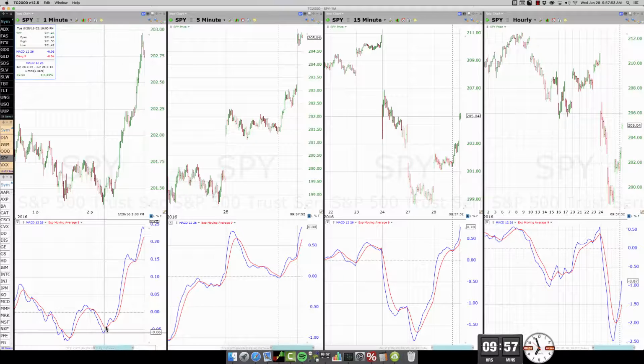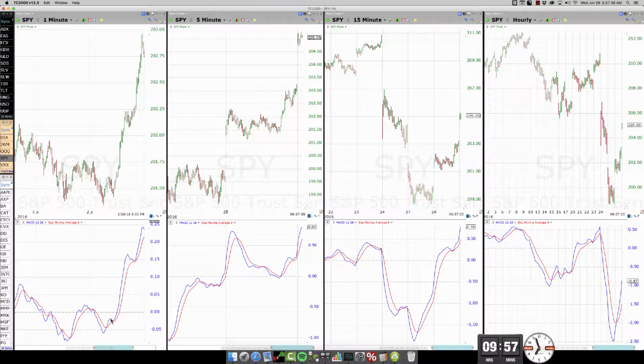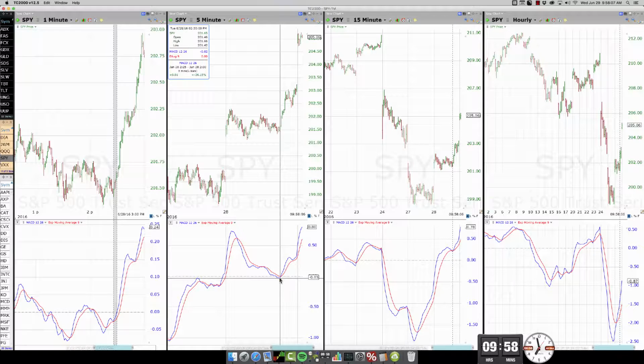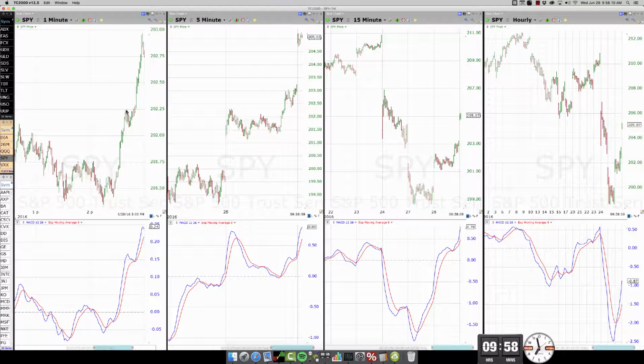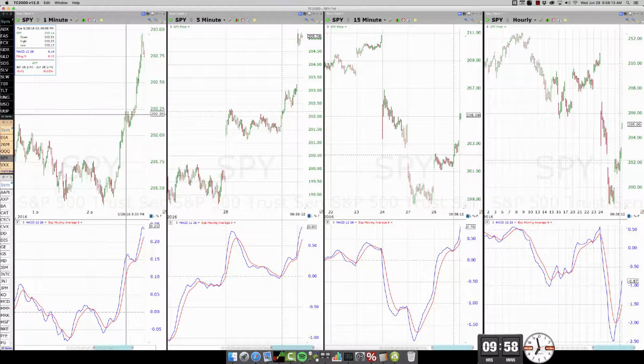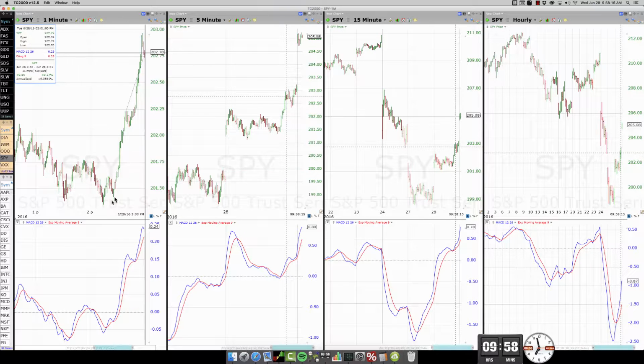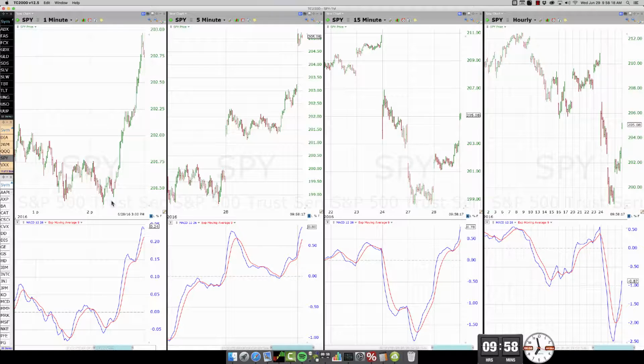And so it starts here, it's interrupted by a smallish little pullback that picks up the 5 minute. You see it pulls back here, and right around there, if you put your eyeball here, that's when the 5 minute turns. After that, you have a little rewind here on the 1, and then you have a continuation. From this point, you could have said, I'm going to trade the 202s or the 201.50s, and I will show them to you here shortly after the top of the hour.